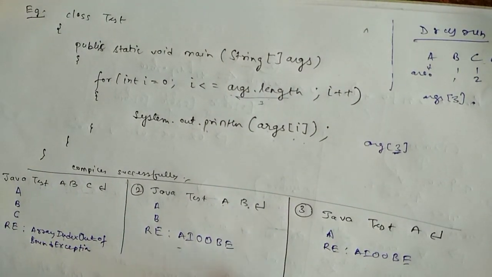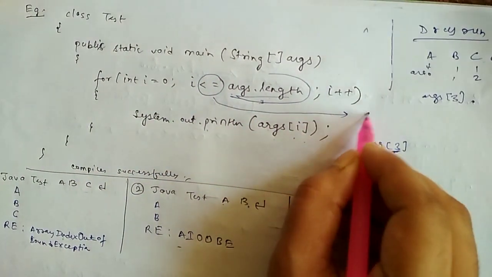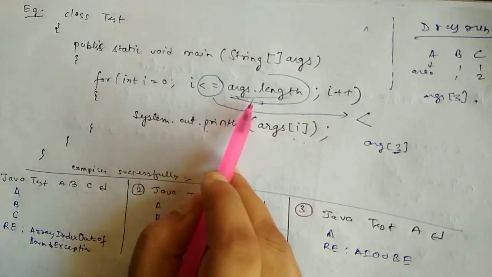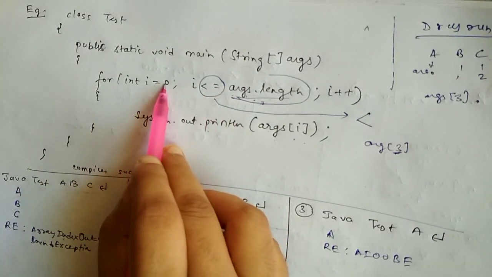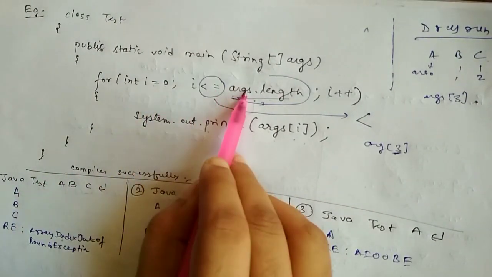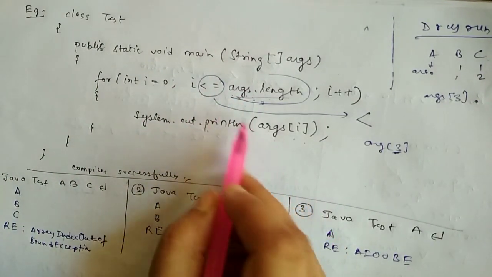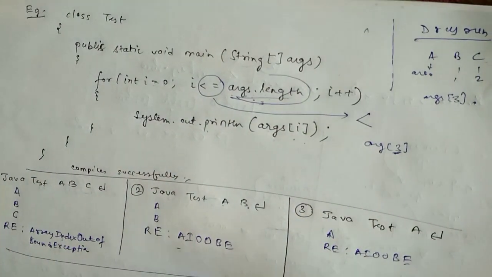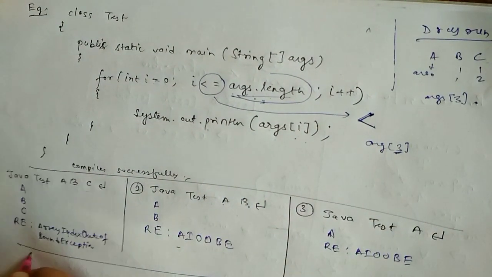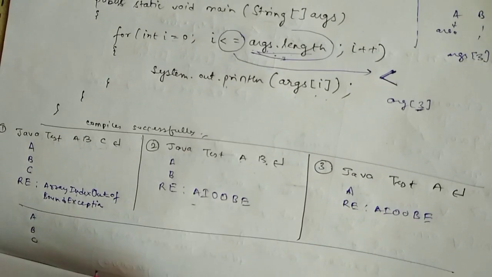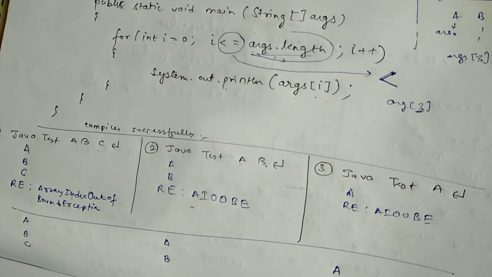So this runtime exception, if we replace this with the less than symbol only, it won't compare for the third time. It will compare 0 less than 3, true, it will print A. 1 less than 3, print B. 2 less than 3, print C. And in the case of 3 less than 3, the condition turns false, and then it will come out, and we won't get any error. So if we replace this sign with the less than symbol only, then the output will be A, B and C. In the second case the output will be A and B, and in the third case the output will be only A.